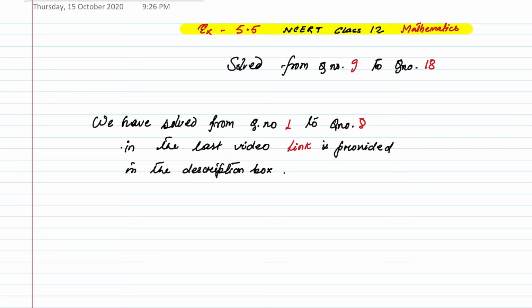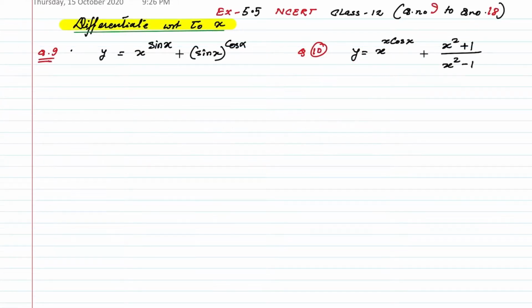Okay, so now let's start. Let me solve question number 9. So here consider this one is u and this one is v. Suppose u is equal to x to the power sin x. So taking log on both sides,